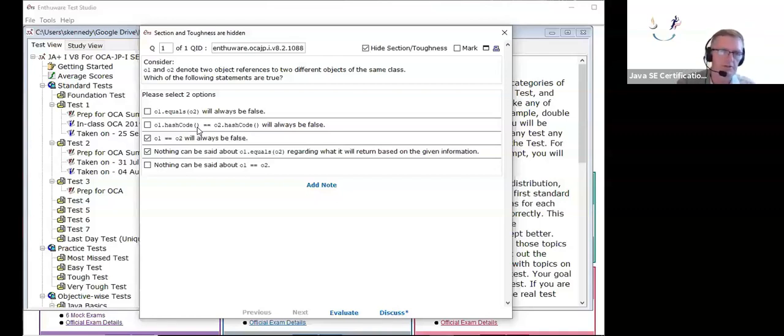So that if you're going to use your object in hash collections, like hash set, then you definitely need it. Now, what does the hash code contract state? Well, it states that equal objects, in other words, where your equals method returns true, they should have equal hash codes. So hashing is a way of